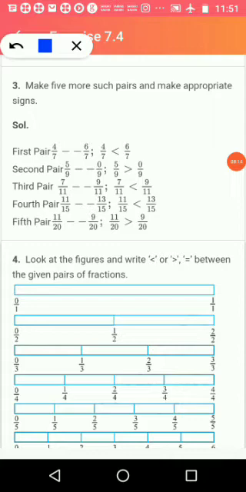They are not having anything. 4 by 7 and 6 by 7. 4 is less than 6. 5 by 9, 0 by 9. 5 is greater than 0. Here 7 by 9, 7 is lesser than 9. 11 and 13. 11 is less than 13. 11 and 9. 11 is greater than 9. So you will put the sign exactly how the numerator goes. If the denominator is same, you put the same sign; if the numerator is same, you will put the opposite sign. Okay, next.